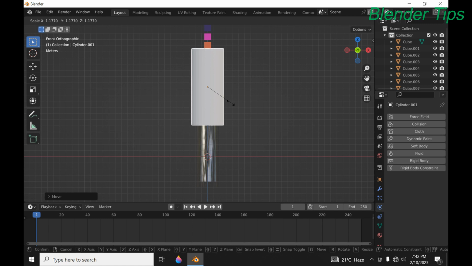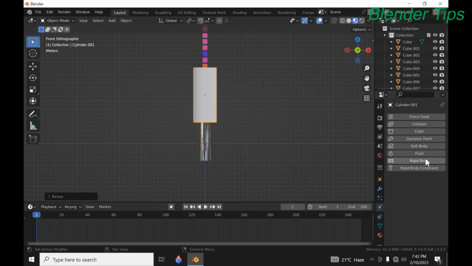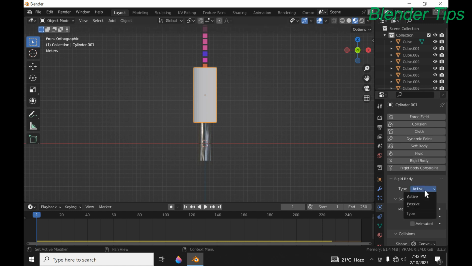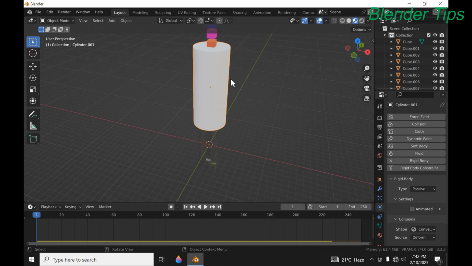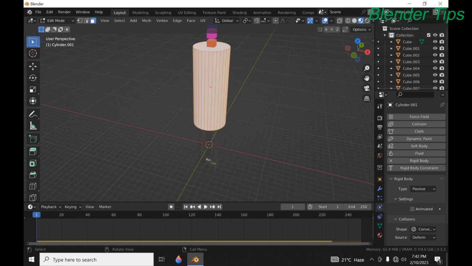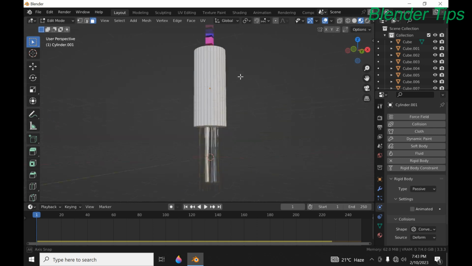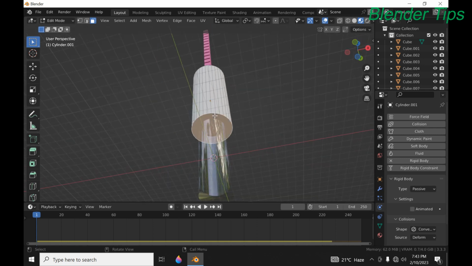Okay, and we apply rigid body to this cylinder in passive type, and go to the edit mode, press 3 into the face selection and delete this face. We should also delete this face,